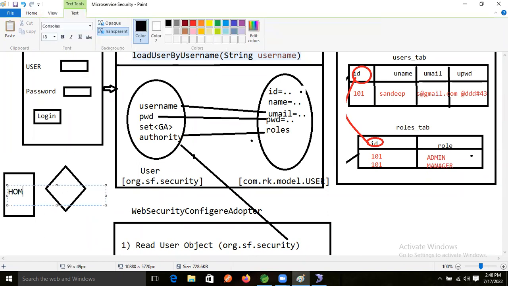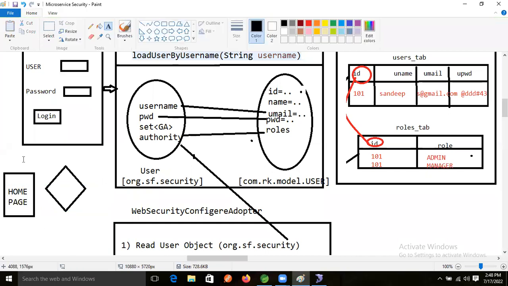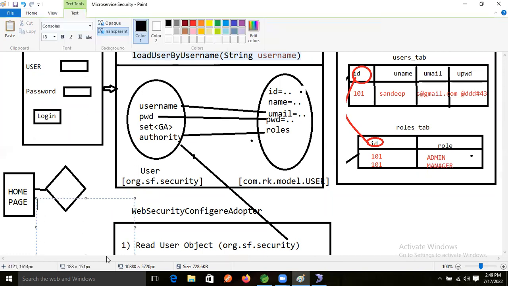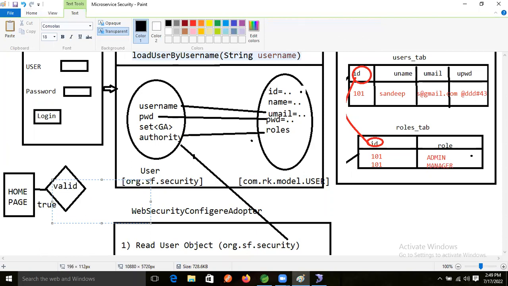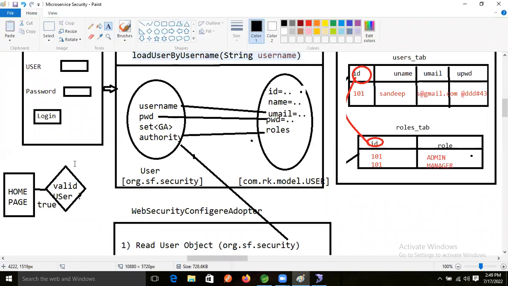If validation succeeds, the condition becomes true, meaning we are validating a valid user. If it is a valid user, then go to the home page. If this user is not valid,